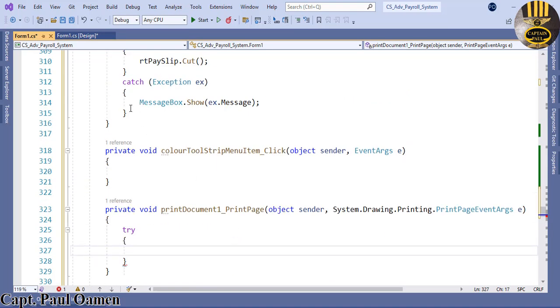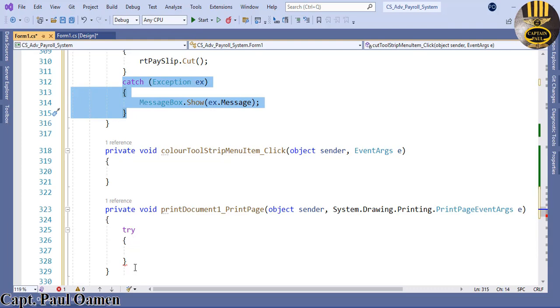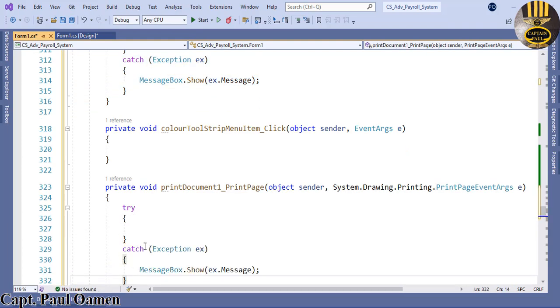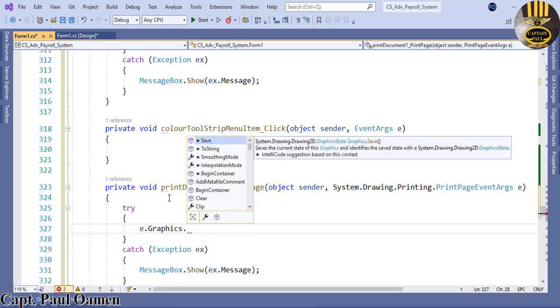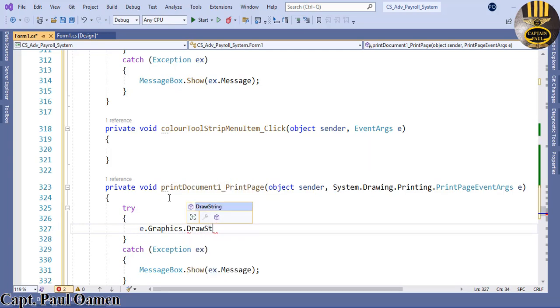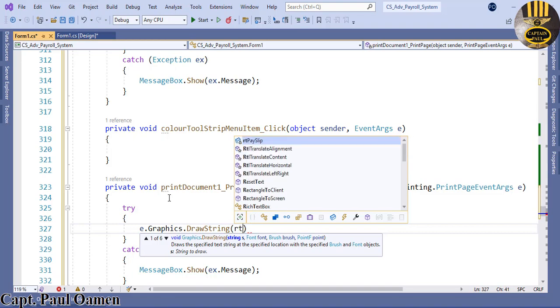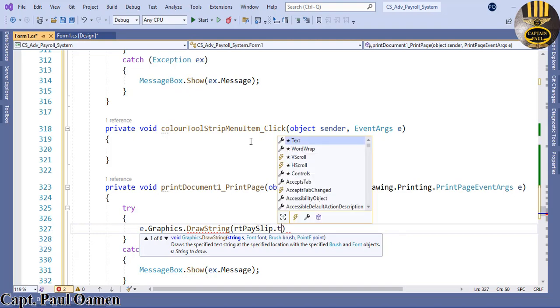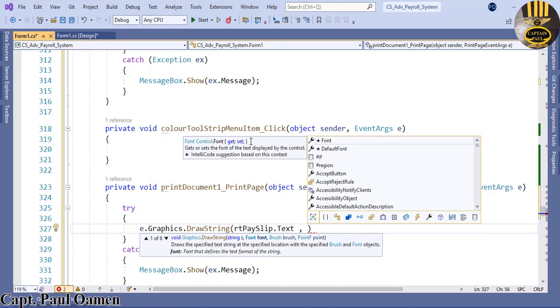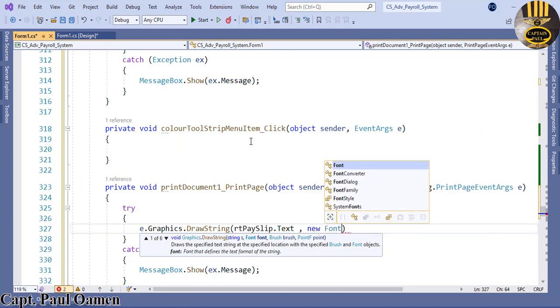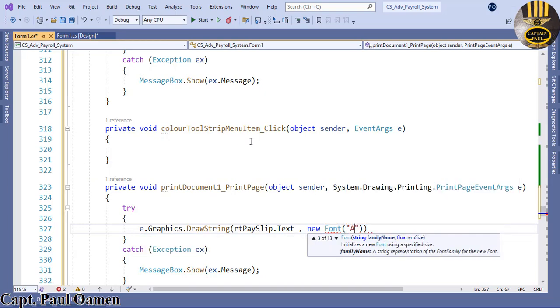There, grab hold of a catch here, paste that here, and right inside the try, I'm going to say e.graphics.drawString, and the string that we're going to be drawing is inside RT payslip dot text, comma, then let's specify a font, new font, open up a bracket, and I'm going to call that Arial,